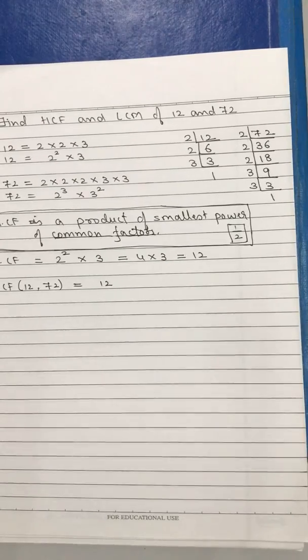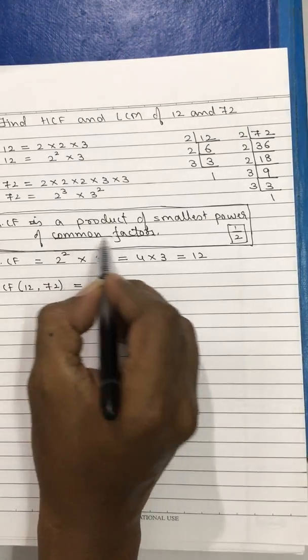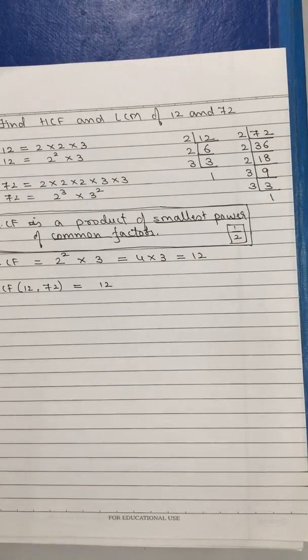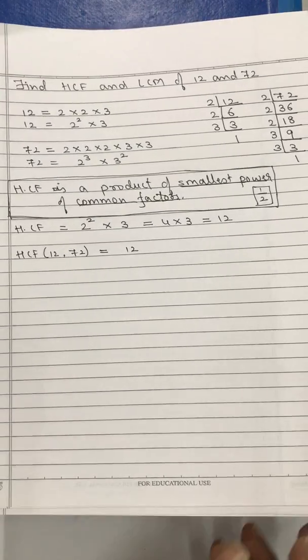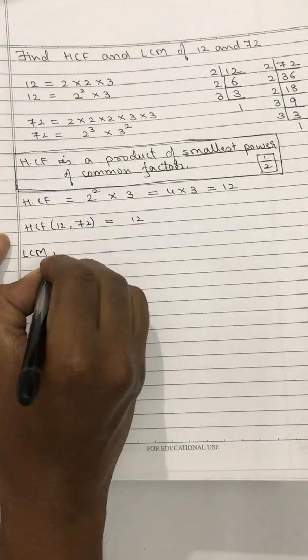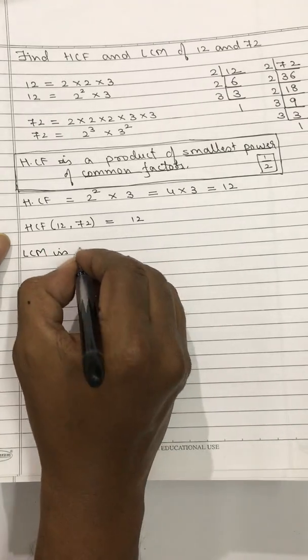So basically, what is HCF? HCF is the product of the smallest power of common factors. You have to consider two things: common factors, and then the smallest power of those common factors. And the same applies when I go for LCM. LCM is the product of